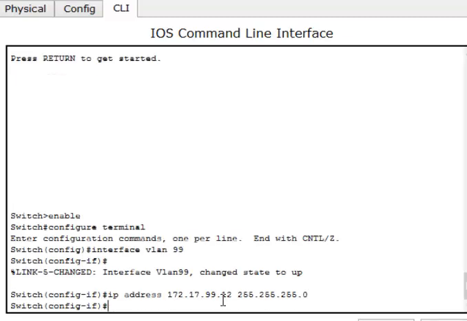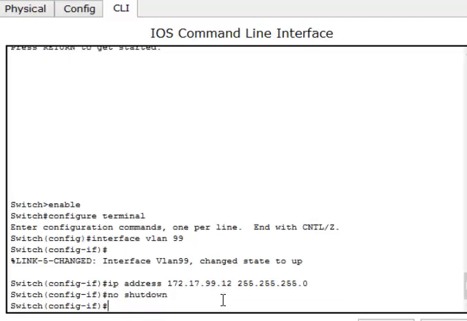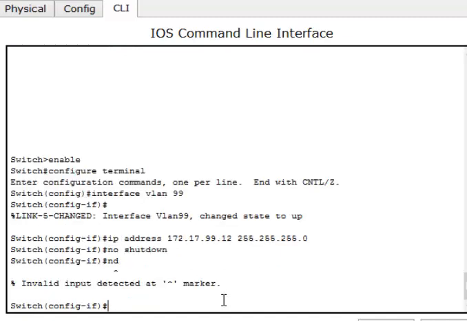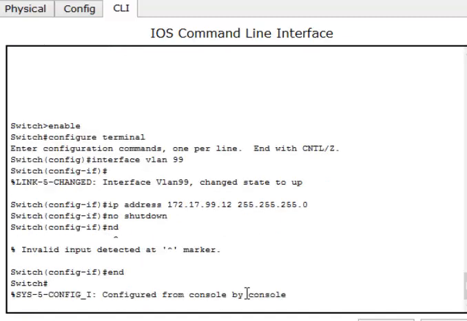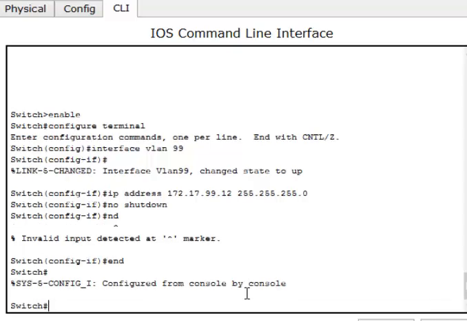No shutdown. Type end, and to save, just type write.